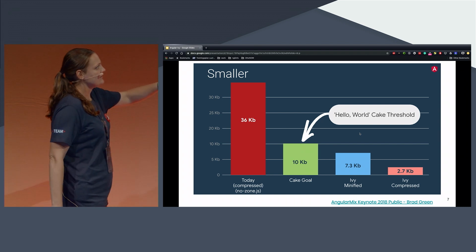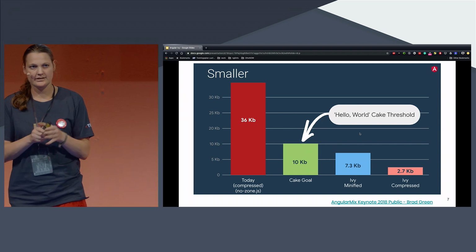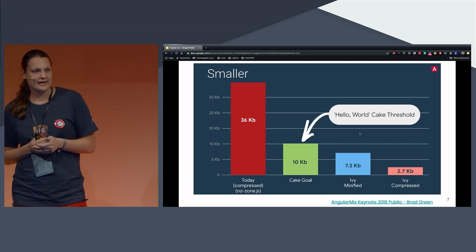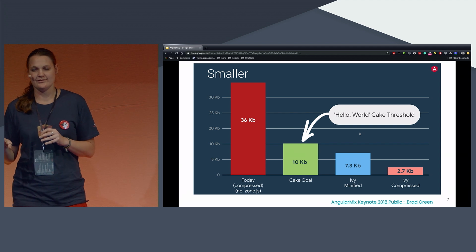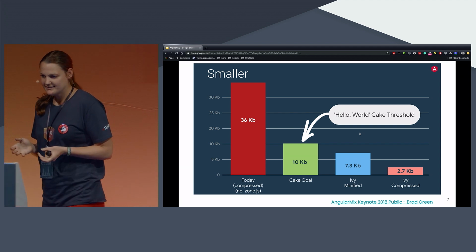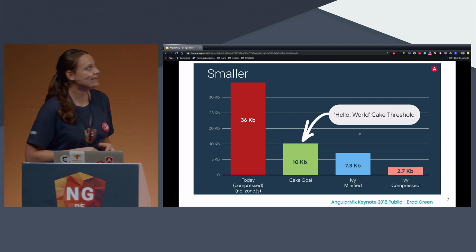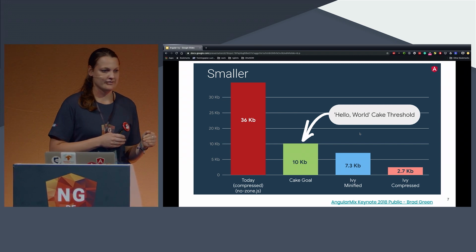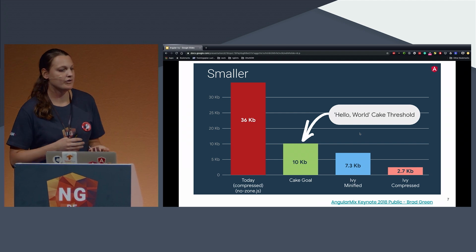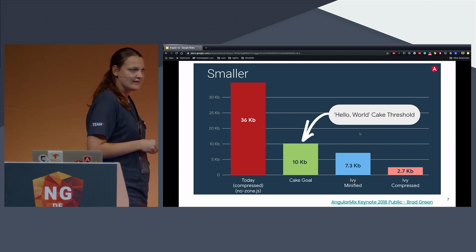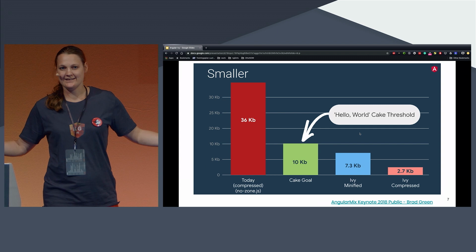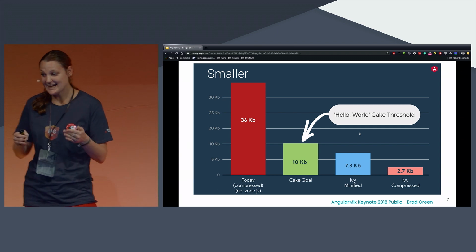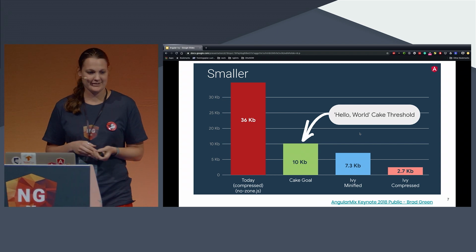Today, a Hello World example is about 36 kilobytes. Of course, it's nothing in comparison to our real-world examples. But he said, okay, ladies and gentlemen, if you are able to create a rendering engine that creates a bundle size below 10 kilobytes, I will get you all the cake. And so the cake threshold was born. And actually, they did, and they did a really great job on that.